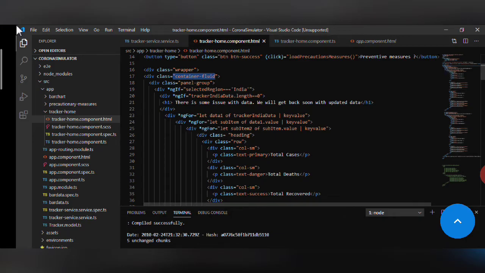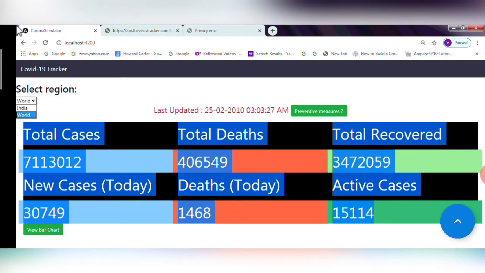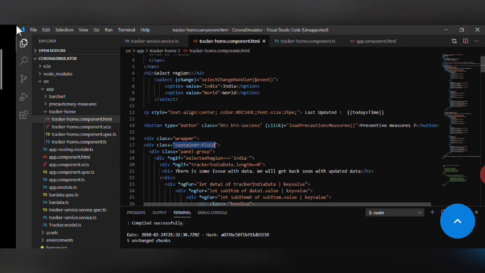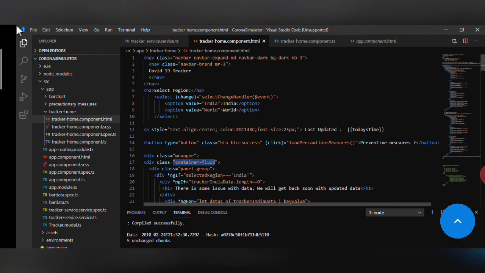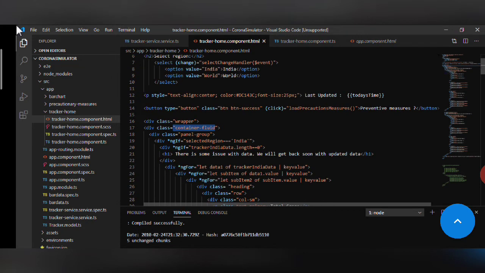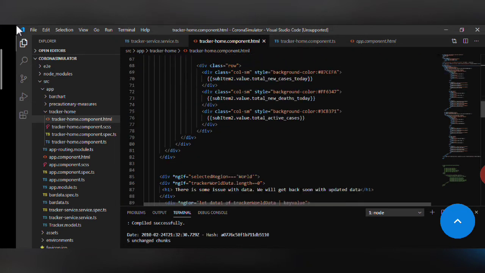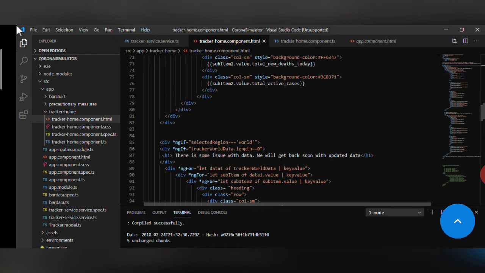Now if the user selects world or India, for example, then based on the ng model name which we have given here, if selected region equals India, so if the drop down value is India, it will show the Indian data, and if the drop down value is world, it will show the world data.